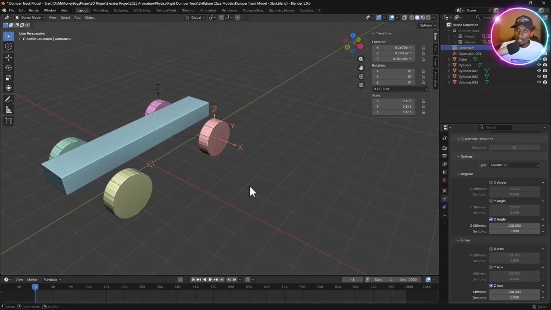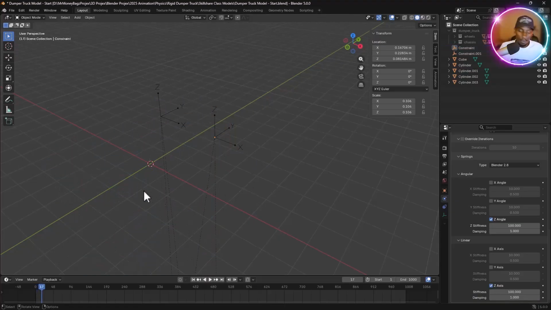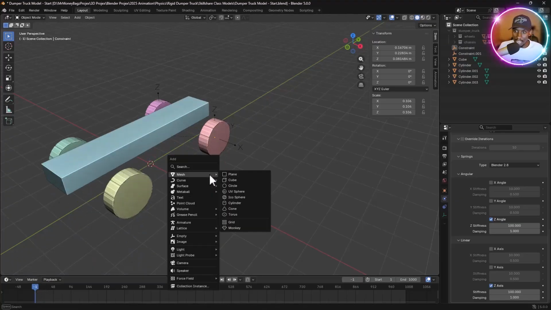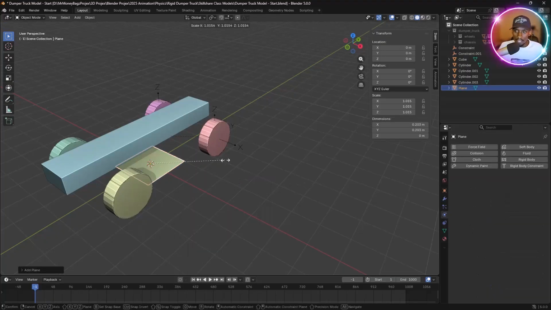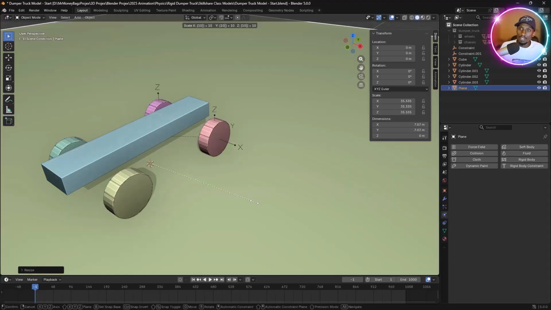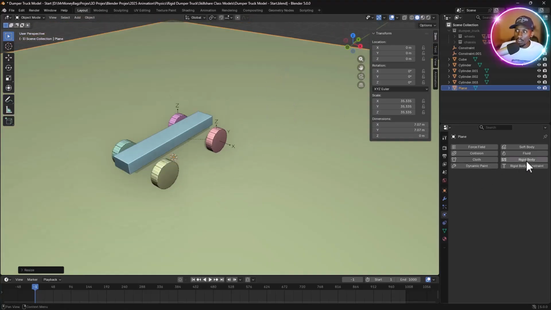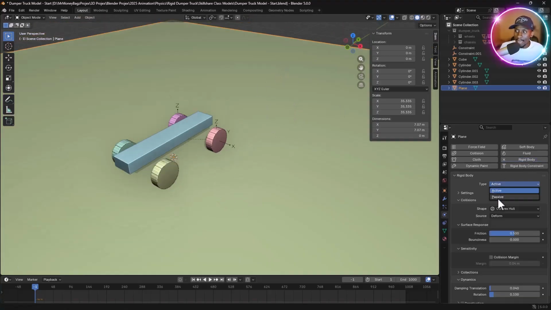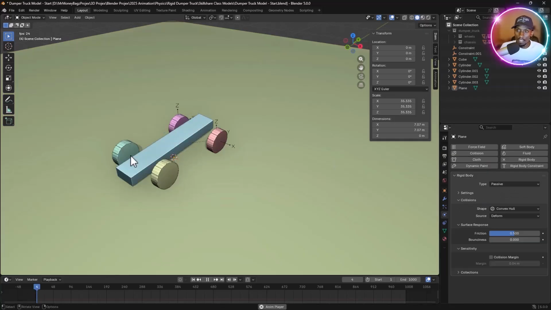So if I hit play, wait, we don't have a platform. So let me just go back to the beginning here and Shift A. Let's add a plane. Let's just size it. I'll hit S, then 10 to scale it 10 times. Then while it's still selected, I'll go to rigid body and make it the passive object here. So now it's going to remain suspended in the air. If I hit play,